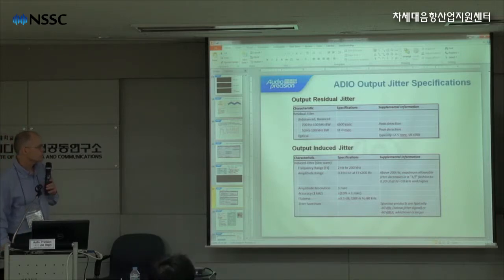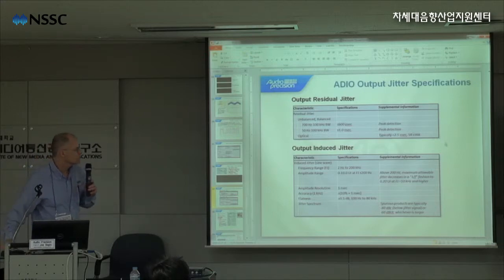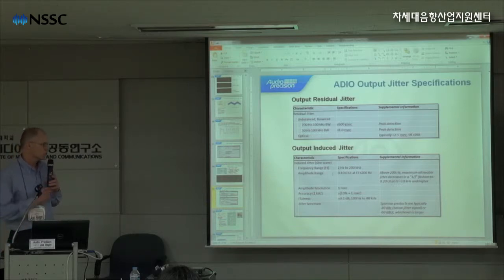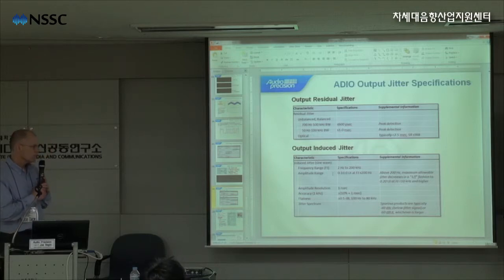And then on the optical, typically less than 2.5 nanoseconds at sample rates less than 96K. Now for output induced jitter, with a sine wave induced jitter, the frequency range is 2 hertz to 200 kilohertz, and the amplitude is 0 to 10 unit